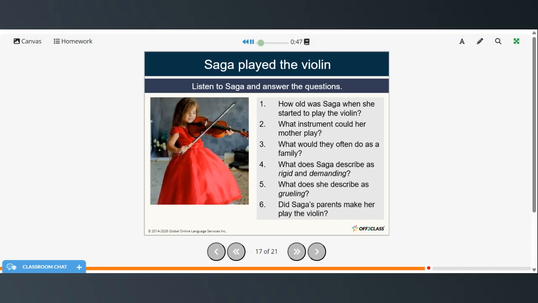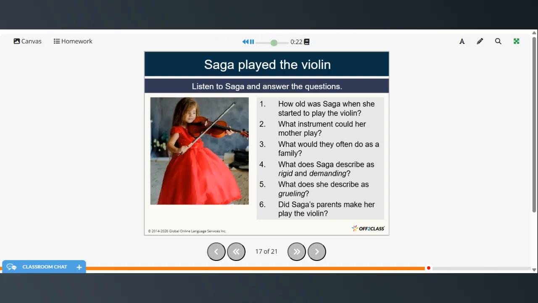I started playing the violin at a very young age. I think I was only 5. My parents weren't professional musicians, but my mother played the piano very well. They both had a great love of classical music, and we would often go to classical music concerts as a family. From the moment I picked up a violin, I knew that I wanted to become a violinist.